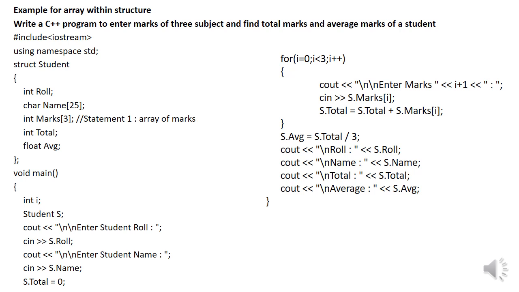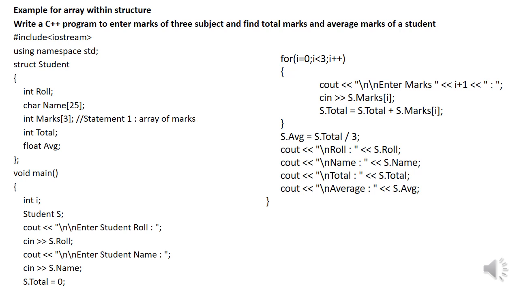Then for calculating the total marks, I have initialized s.total as 0. Then by using a for loop, the user will enter the marks of 3 subjects for a particular student. Then we will add each mark to the s.total. After exiting from the for loop, we will get total marks of 3 subjects. Here inside the for loop, we want to notice that the marks of each student can be accepted by using